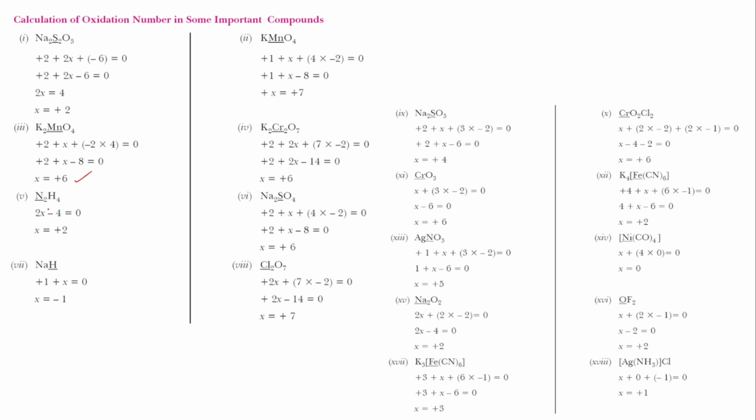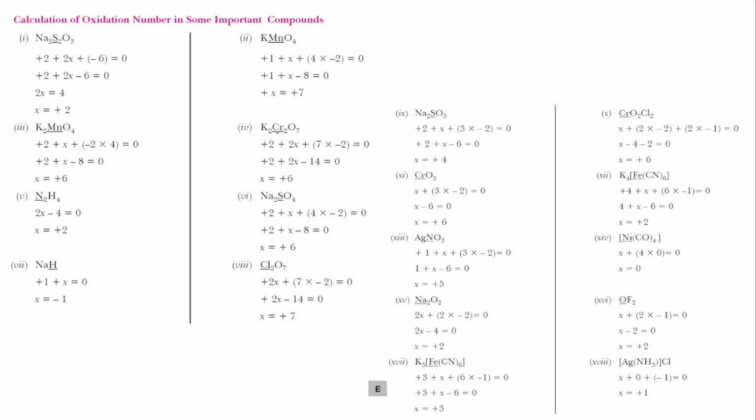Now N2H4, if I have to calculate for N2, then assume it to be X, so 2X minus 4, because now this nitrogen will acquire negative charge. So it is a case of hydride. So 4 into -1, so -4, so X becomes +2. NaH, again sodium hydride. So charge on hydrogen is -1. Why? Because it is connected with the highly electropositive element, which is sodium, +1.